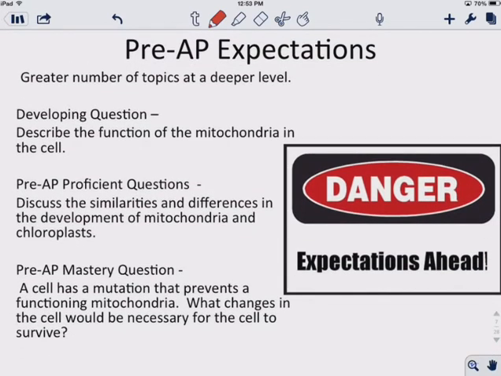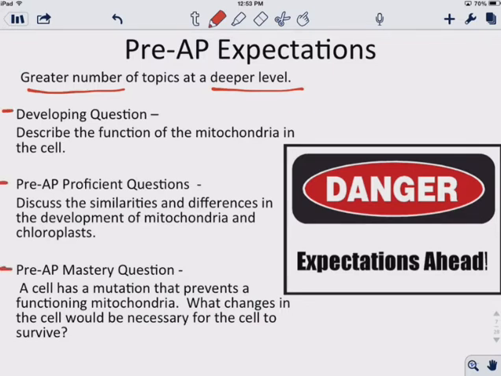All right, into some expectations. Well, pre-AP, as opposed to general chemistry or regular chemistry, we're going to cover a larger number of topics and we'll go a little deeper into the scope of those topics. Something you will see time and again are these